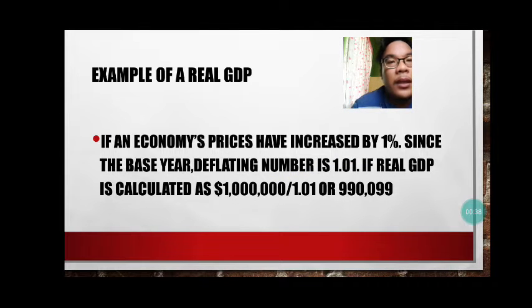An example of real GDP is if an economy's prices have increased by 1% since the base year, the deflating number is 1.01. If real GDP is calculated as $1 billion, then the adjusted figure would be about 990 million. So real GDP is a macroeconomic measure of the value of goods and services produced by